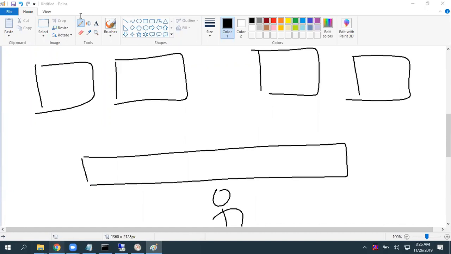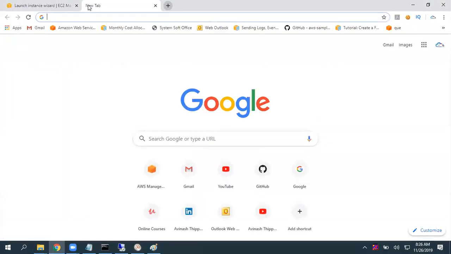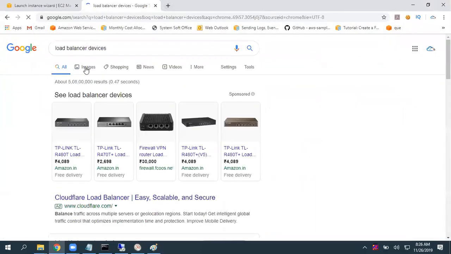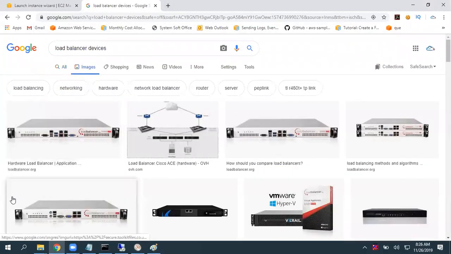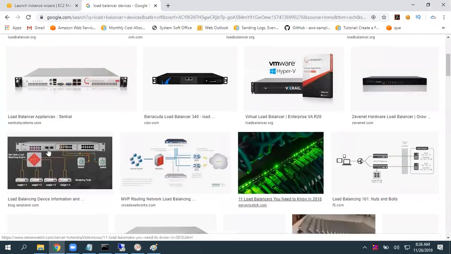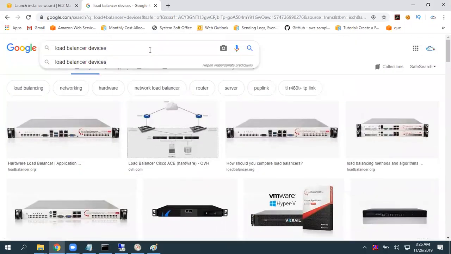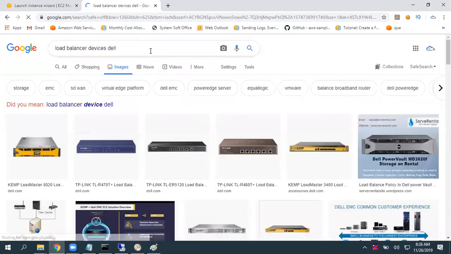If you want to see such devices, these are hardware load balancers. We even have TP-Link and Dell load balancers also.